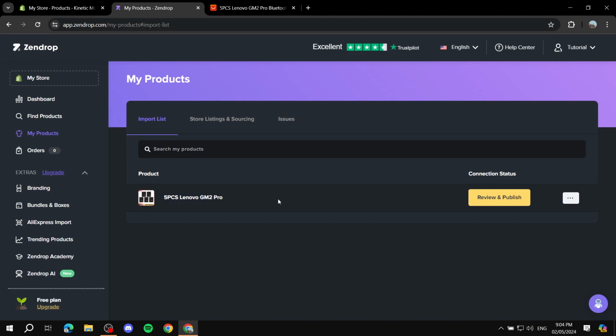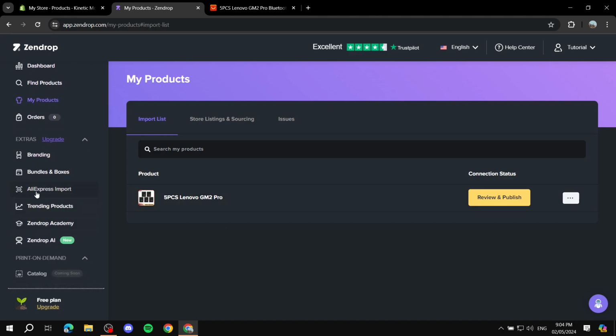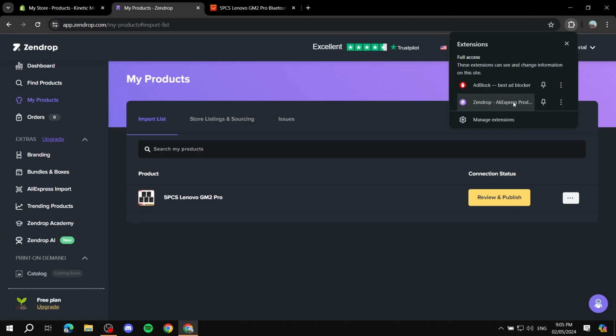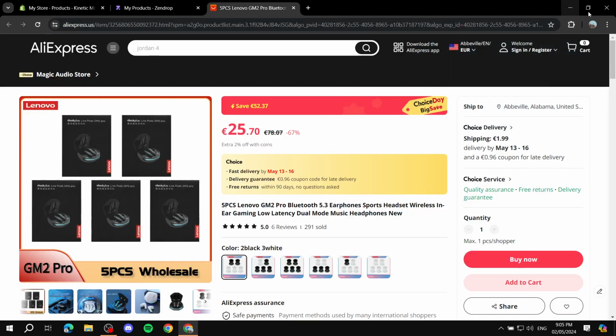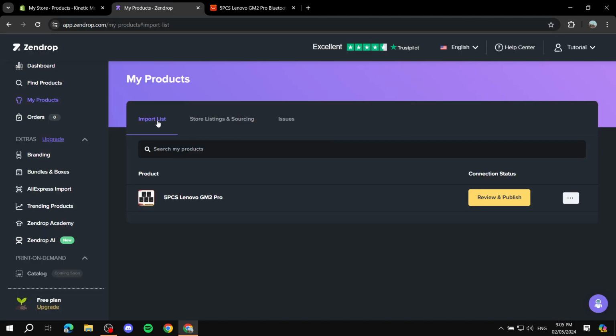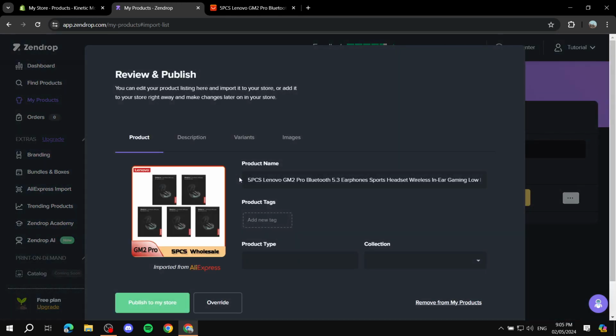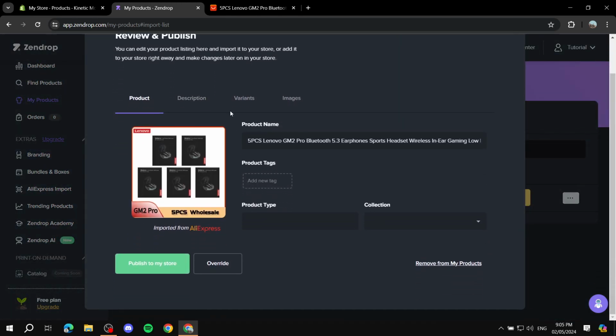So this is how to import it the second way, and it's a new one, because beforehand, like I said, you just enter the link and that's it. This time you will need to install this Chrome extension, go to the page, use it, and add it to the import list, review and publish, and same steps again. You can go ahead and set up the product name, tags,